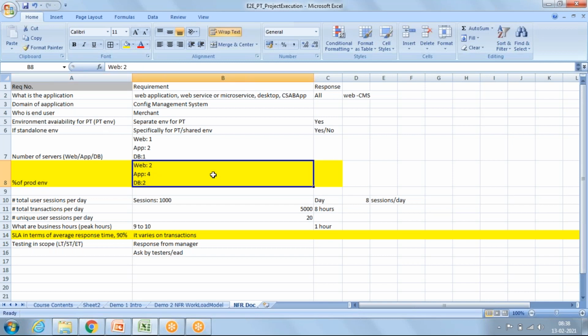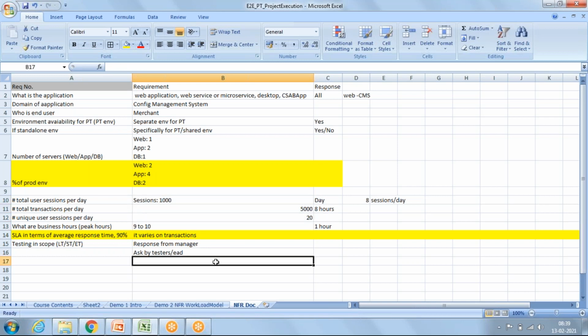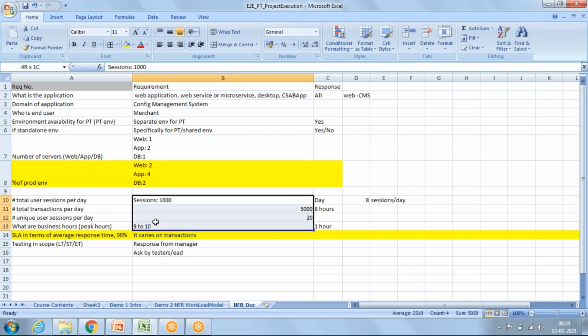There are two web servers, an application server, and the database. Now we'll understand why we have taken this point, and why we have captured the peak load and all this information. The reason is this information is coming from production.